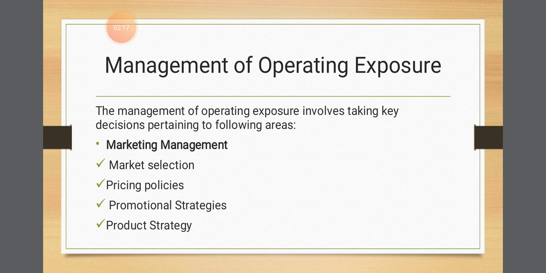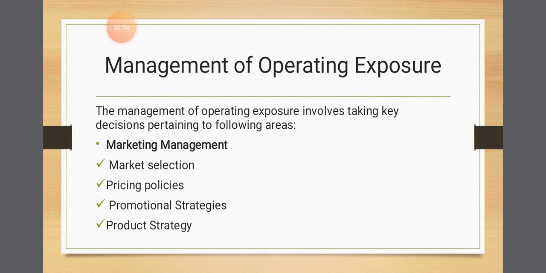The first one is market selection. See, the exchange rate is something which is going to influence the selection of the market. The question is, why are you managing your operating exposure? And the answer is that the exchange rate is not in your favor, depending on the situation, whether you are an exporter or an importer. The point is that it is not moving in your favor, or you expect that it might not move in your favor. So what a company which is operating in more than one country, particularly I'm talking about